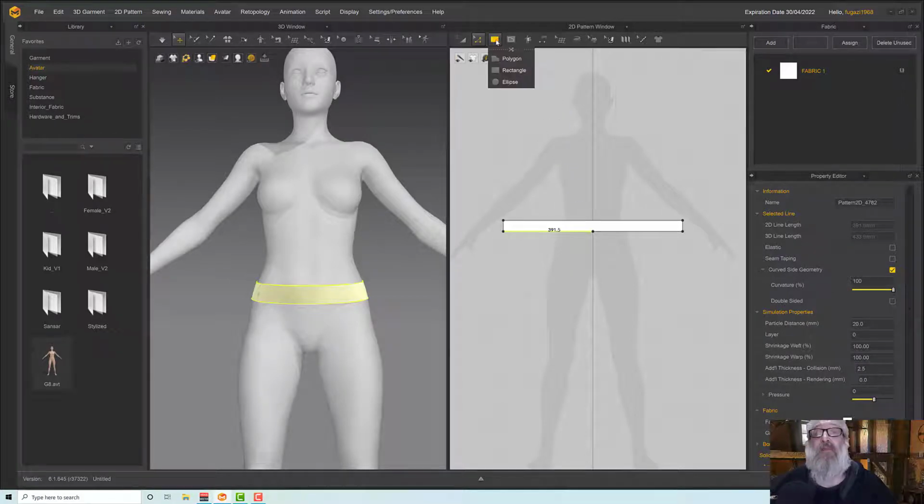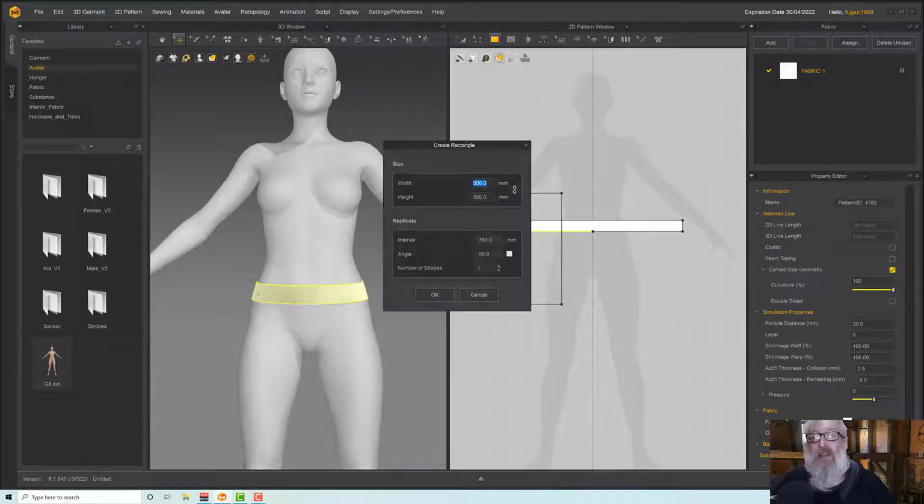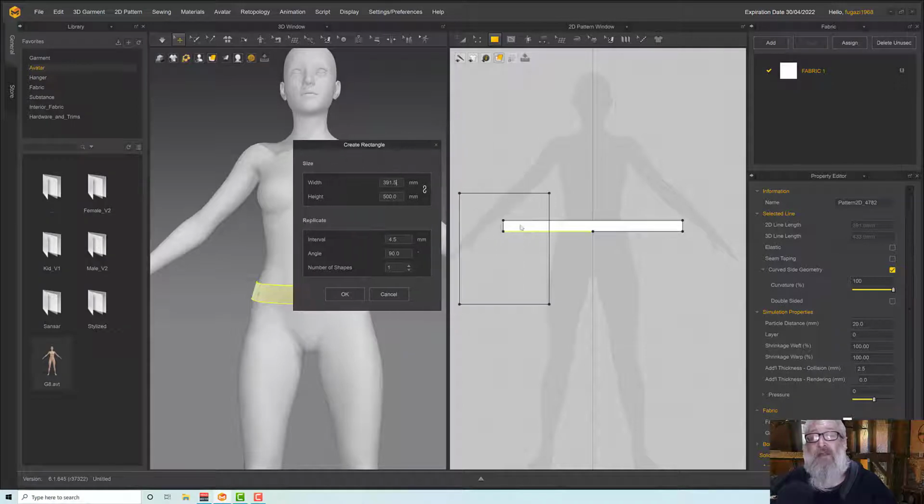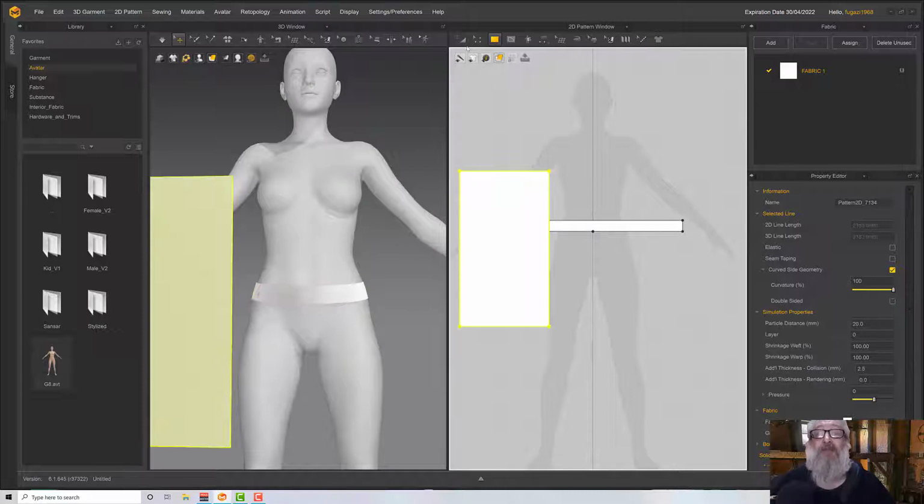Perfect. So then we'll go to our rectangle tool and just left click into the viewport and type in our distance. What did I say? 391.5, and 500 is perhaps not enough, so let's make that 700. Sorry about the pause, that's just my brain going into evaluation mode. Everything else is fine, so we'll click OK. And I'm just going to move this into place,